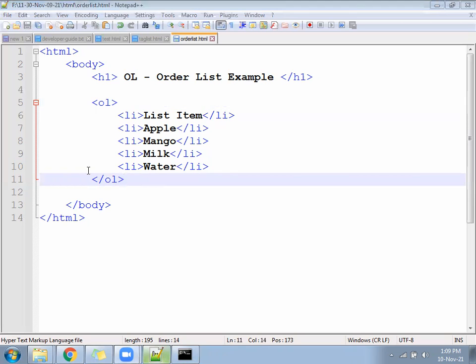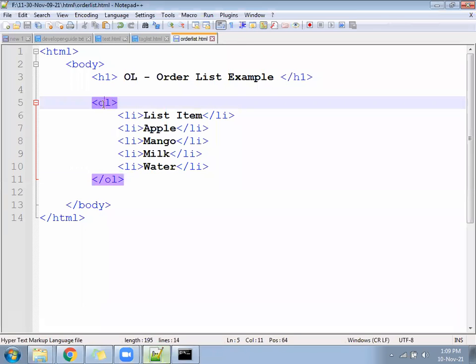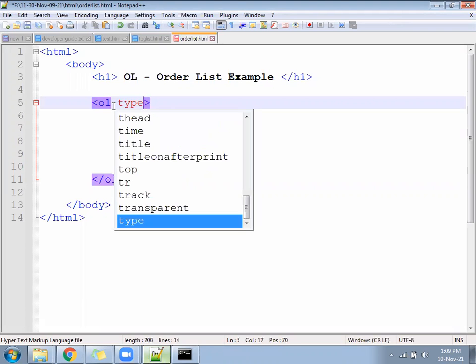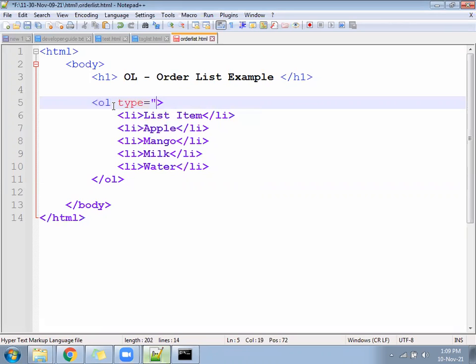Okay, so by default 1, 2, 3. Now let's write here type equal to 1. This will also give 1 to 3 only. Type equal to 1 will also give you 1 to 3.